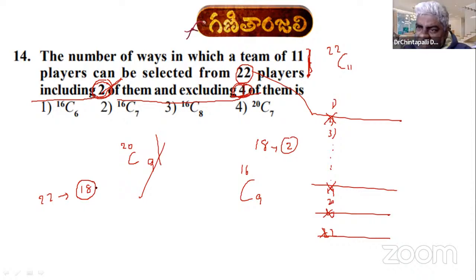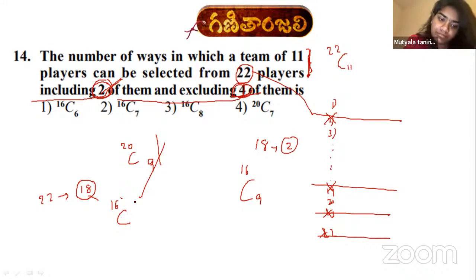That means selection is done out of 16 persons only. Actually 11 players are to be selected, but in this particular question only 9 persons are to be selected, right? That's why the answer is